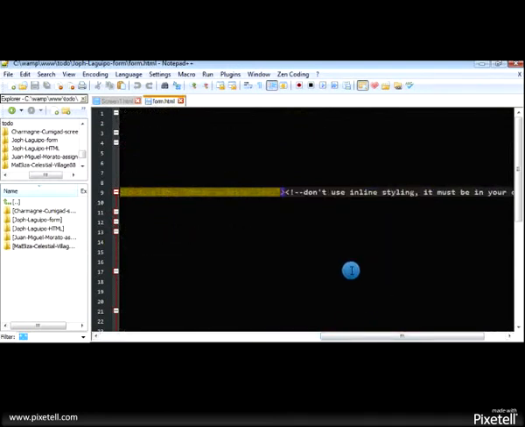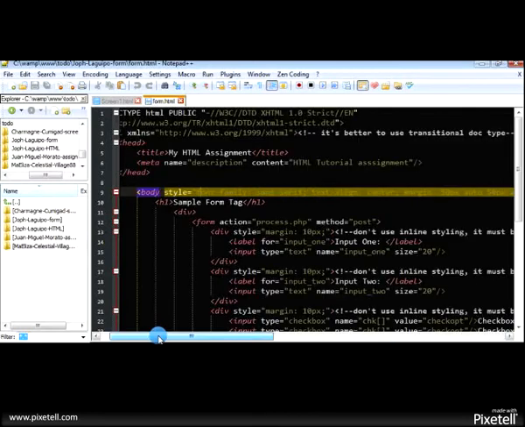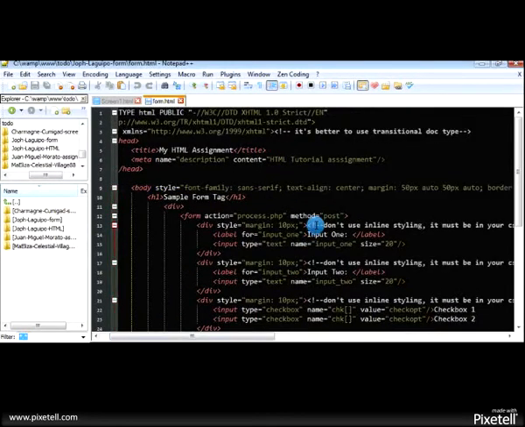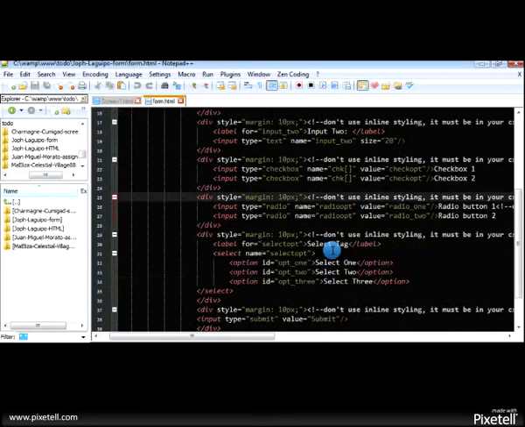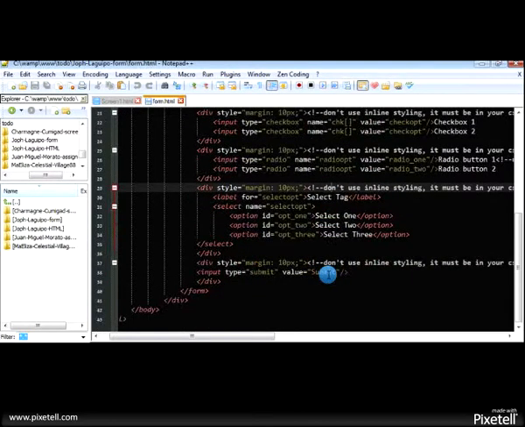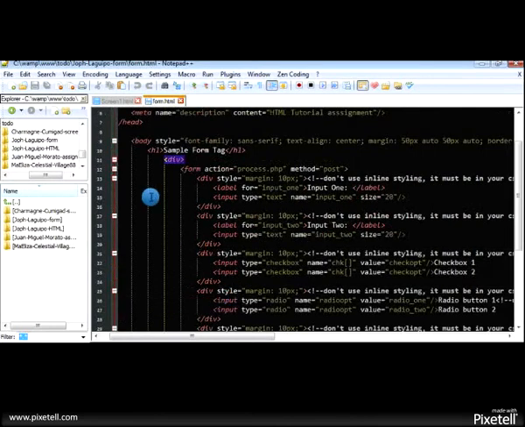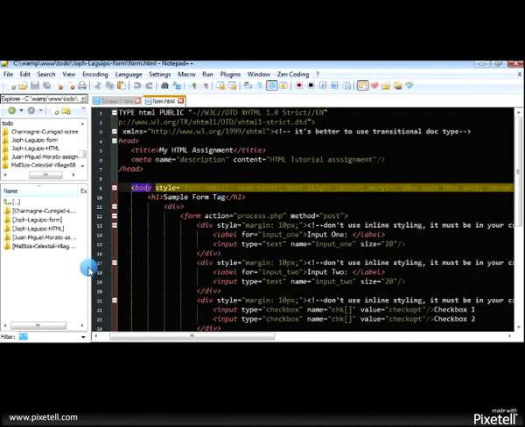Don't use inline styling because your styling code must be in your CSS file. Also here you use inline styling, and here you use inline styling. So it's not good, proper coding. Also here you use inline styling. That's all. So let's go to the next.